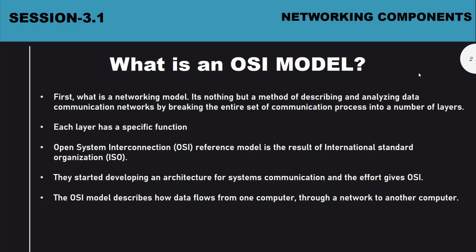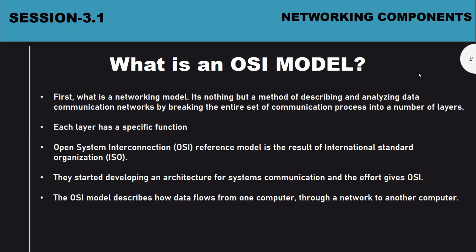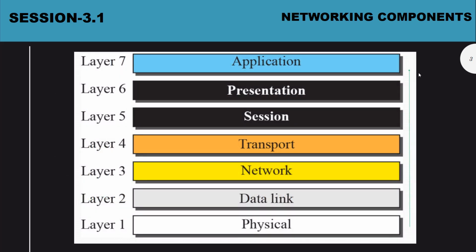But when coming to the theoretical part, we have to learn about the OSI model also. Both are nearly the same, and we will learn about the TCP/IP model in later videos. Today we are going to discuss the OSI model, right? So simply, the OSI model describes how data flows from one computer through a network to another computer. We have 7 layers in the OSI model. Those are application, presentation, session, transport, network, data link, physical. Layer 7 is at the top, and this is a bottom to top approach. You can see here in this picture. So layer 1 is physical and layer 2 is data link, and it goes on.